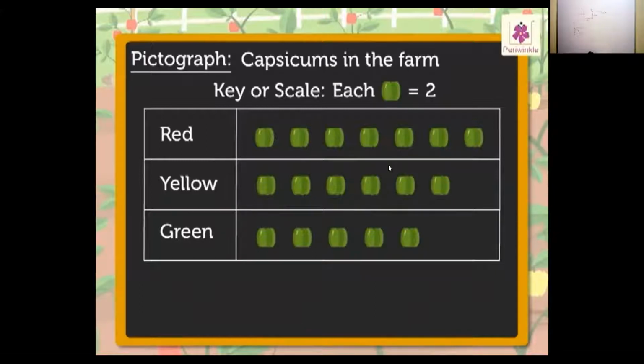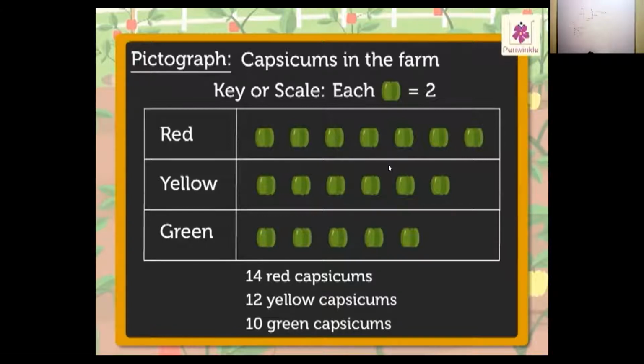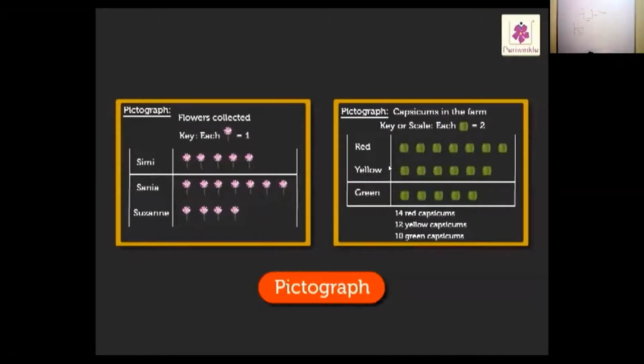Hence, from the pictograph, we can say there are 14 red capsicums, 12 yellow capsicums, and 10 green capsicums on the farm. From the information so obtained from the pictograph, we can say how many capsicums are there in all, whether red capsicums are more or yellow, and so on. Hence, we can obtain a lot of information from a pictograph. Hope it was fun to learn about